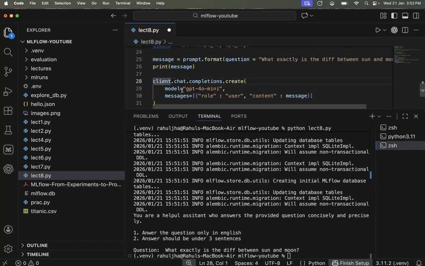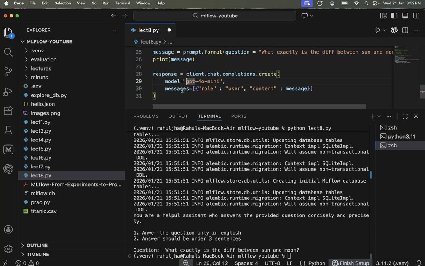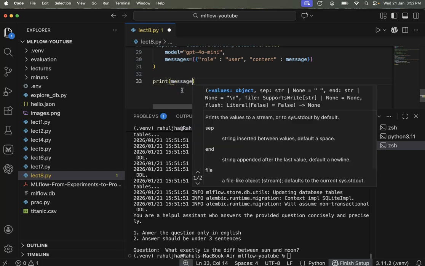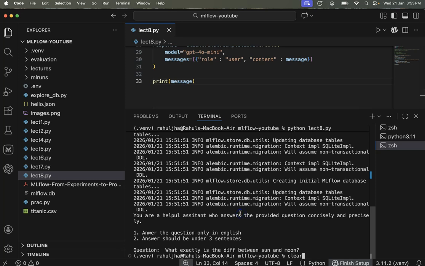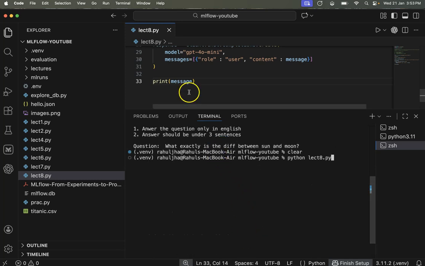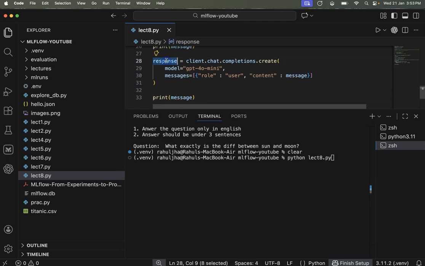Now I will save this in response, and this response I can print. I can either print this response, or I can print the content. Let's first try to print the response.